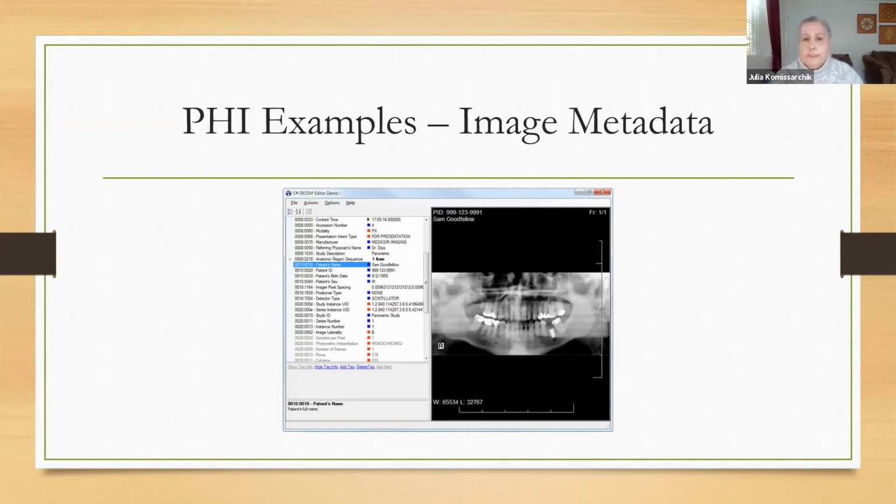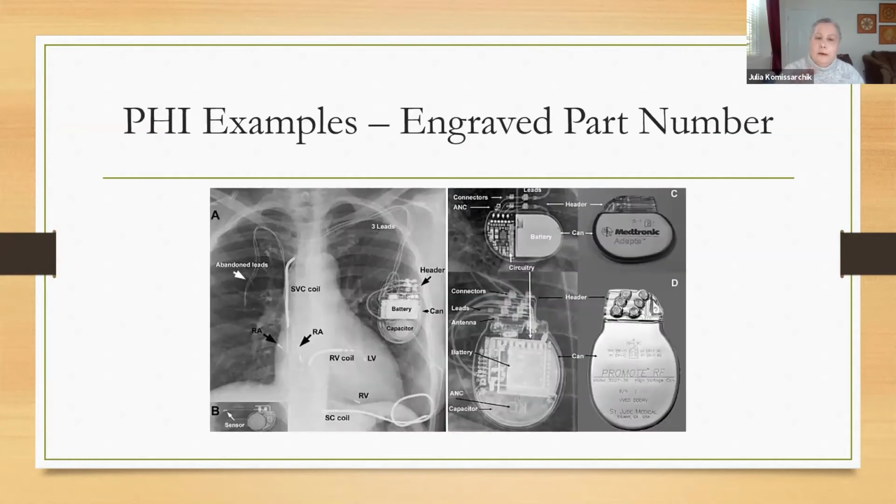And then one more example. There are quite a few different ones. We're discussing the part numbers. So this is a pacemaker, right? It's an image similar to the one which we started with, which was a chest X-ray. But what happens here is you can actually see the pacemaker on that chest X-ray. And if the light is right, or the position is right, you can see all the numbers and dates that are engraved into the cover of that pacemaker. That's private information. That's something that needs to be removed for sure before images are shared. Otherwise, the image can be associated with this particular person.